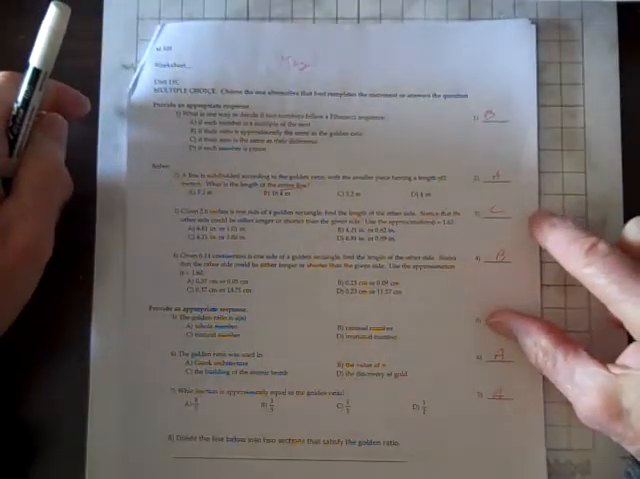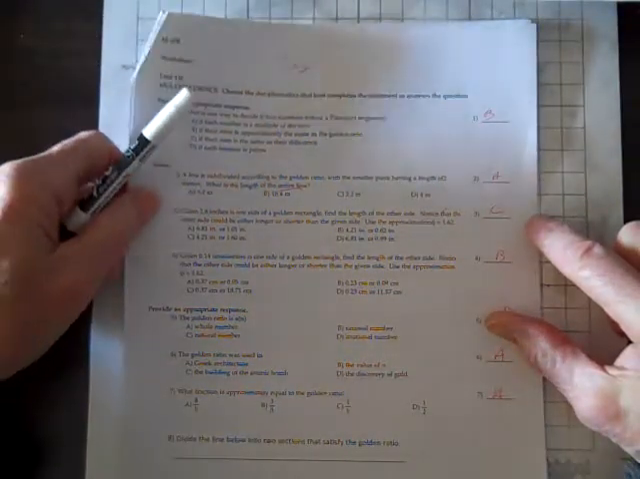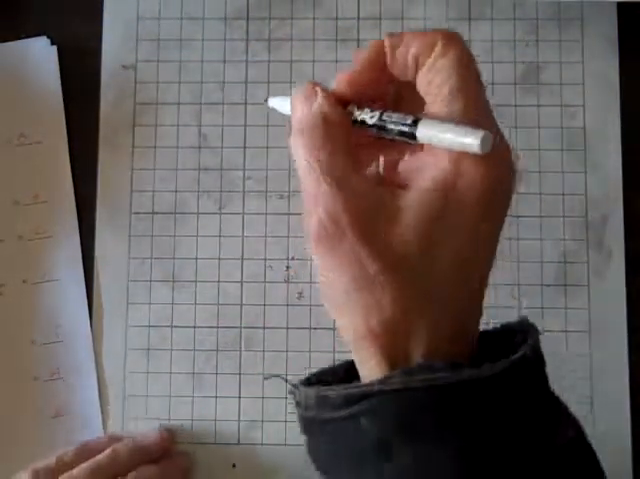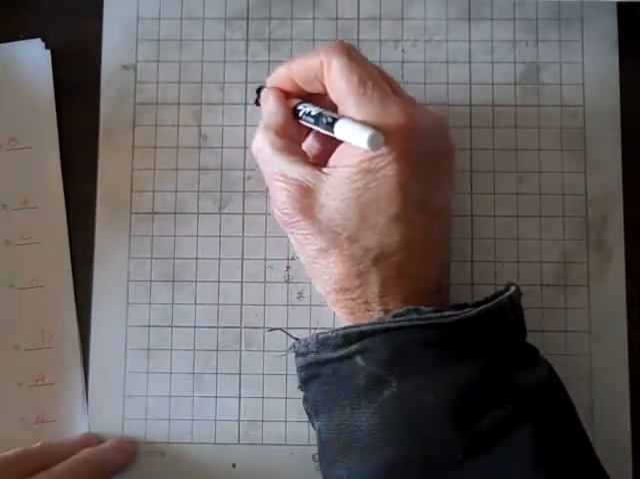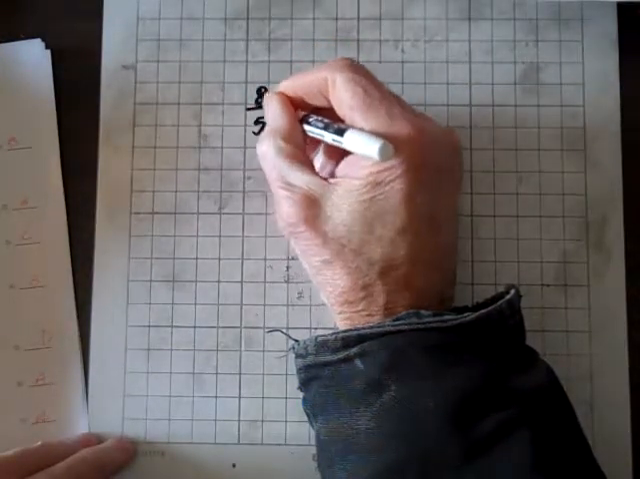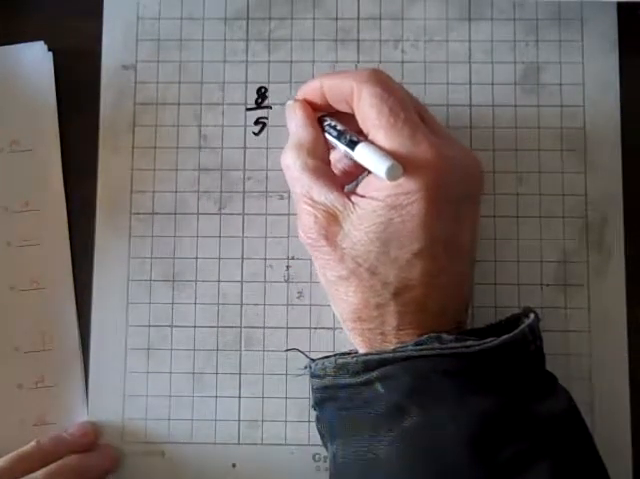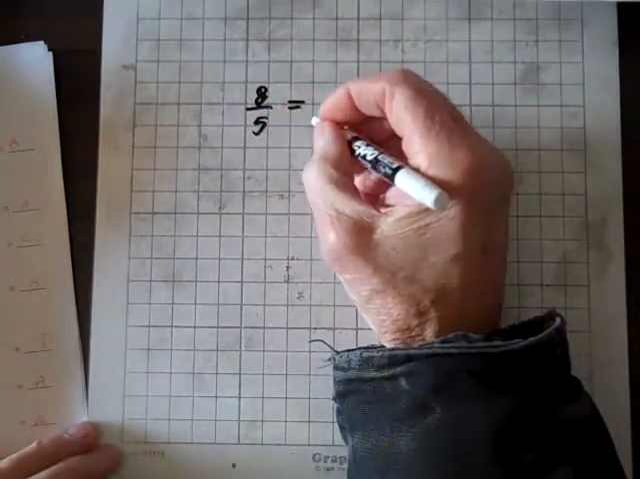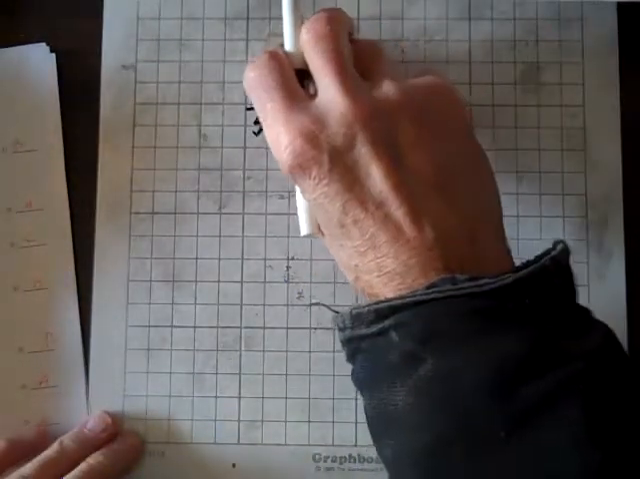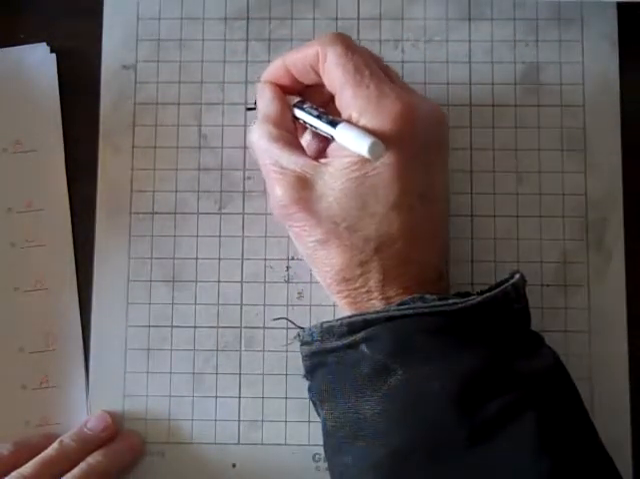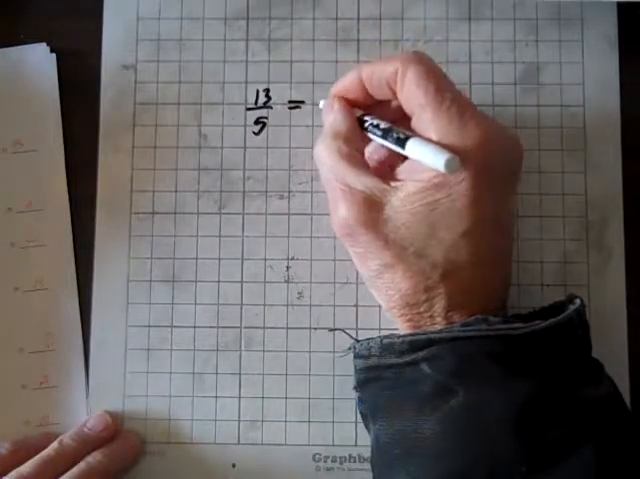A line subdivided according to the golden ratio with the smaller piece having a length of 2 meters. What is the length of the entire line? So we know this, that 8 over 5 is approximately the golden ratio, and that equals, the shorter value is 2. By the way, the total length, if we were to add these up, would be 13. 5 and 8 is 13. So now,